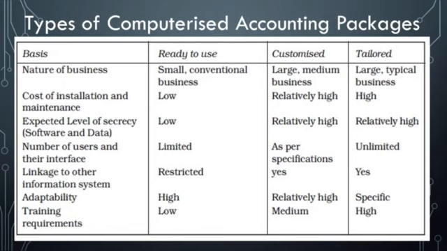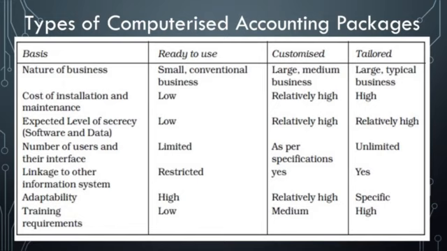Say for example shopping malls, they must have barcode scanning, and with the help of barcode scanning the bill is generated and the accounting is maintained for all the products and services. So the volume for customized computerized accounting packages and the cost of the same is relatively high, and training is also required for the use of such kind of software.